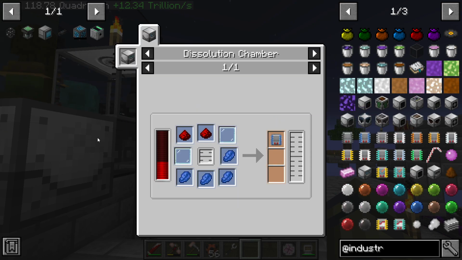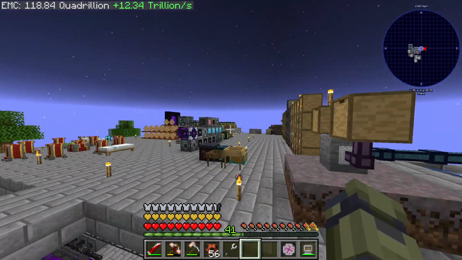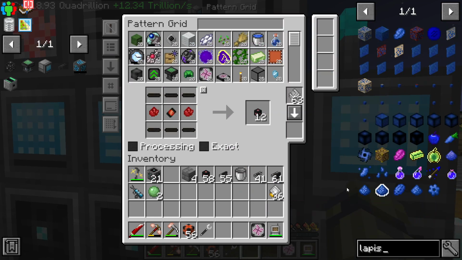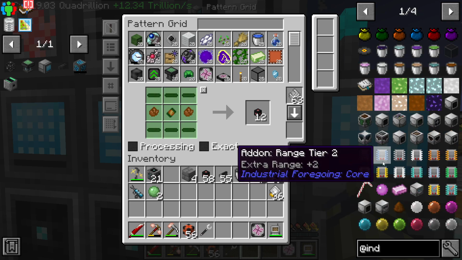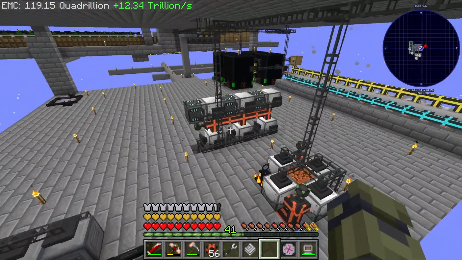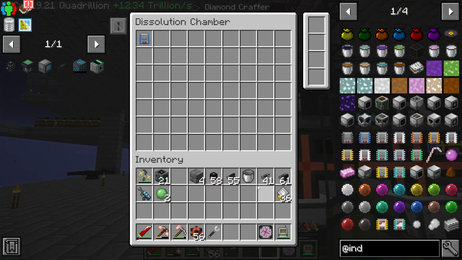So tier 2 is glass pane, redstone, and 4 lapis lazuli. So I'm going to come right here to the pattern. I'm going to say lapis, and hopefully find, nope, it's not working. So at Industrial, and it's the lapis one right here, like so. Going to remove the latex, and I'm going to say like this. Then I'm going to go downstairs and put it on this machine right here, because this one is with latex,